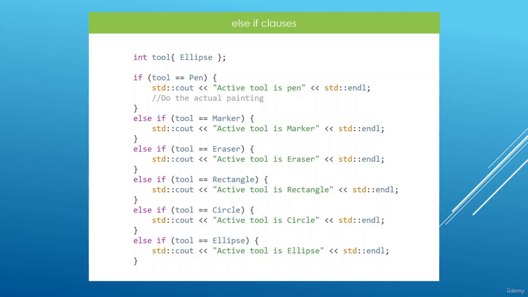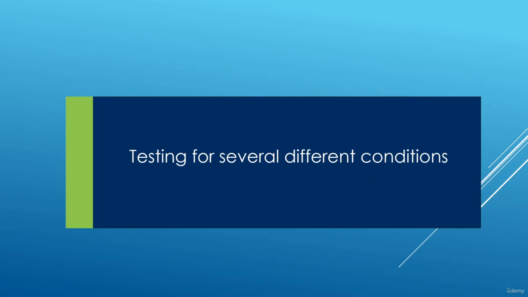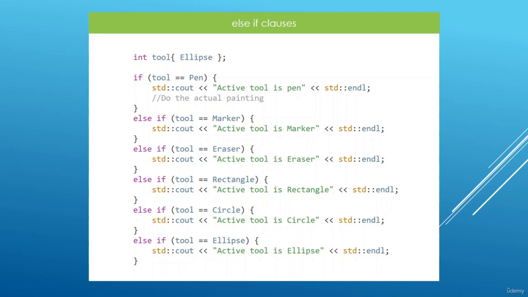So this is how the else if clause can really help you. The main thing is to allow you to test for several different conditions. You could do this with a lot of if statements, but that's not going to be really cool. It's going to be ugly and hard to read. This is what you should do. Now that you have an idea about this, we're going to head to Visual Studio Code and actually see this